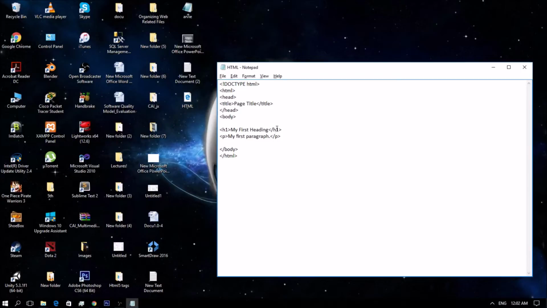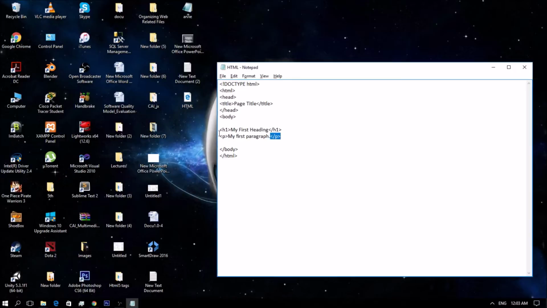So, HTML tags. HTML tags are element names surrounded by angle brackets. This one is an example of HTML tags. HTML tags normally come in pairs like the paragraph tag.